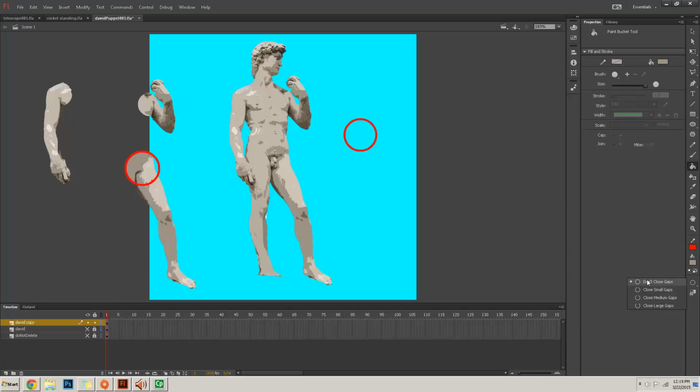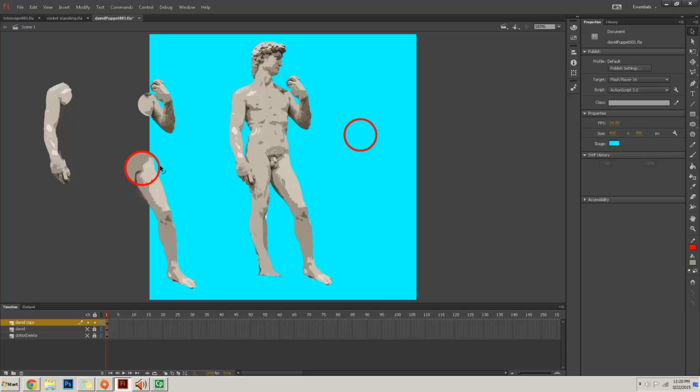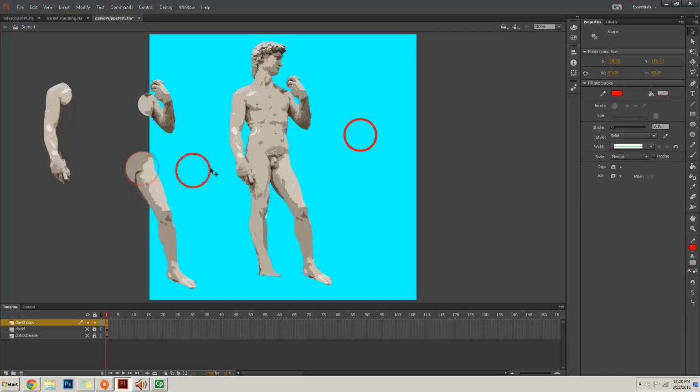I chose don't close gaps because I know that this is a very perforated, jagged edge of pixels from this being a bitmapped image originally. So by doing it this way, I avoid just a little bit of data. Hitting V again, to select this and move this out of the way. So we've got some pieces of David. Going to go ahead and quickly duplicate him again just to